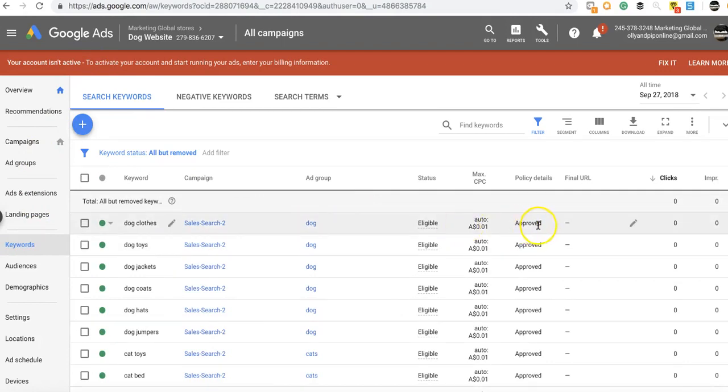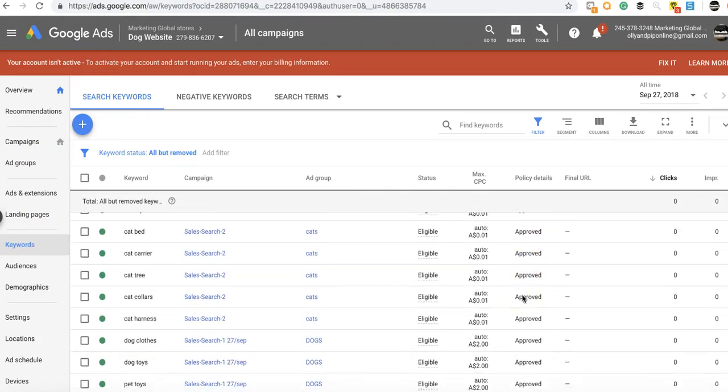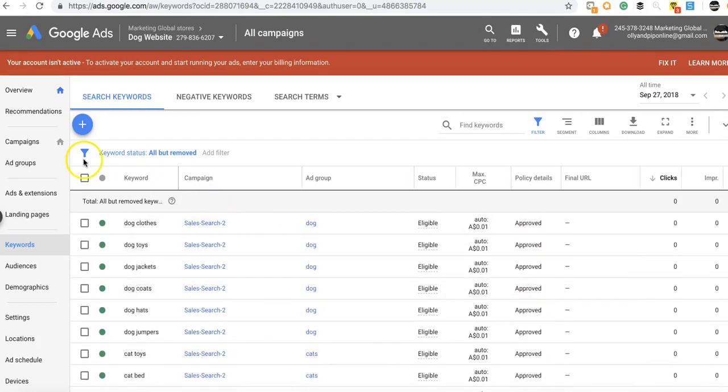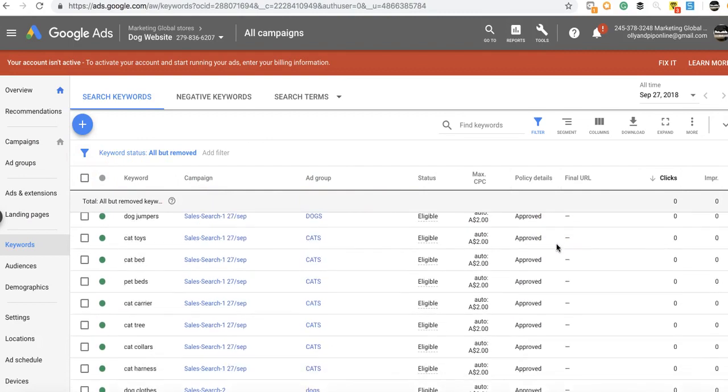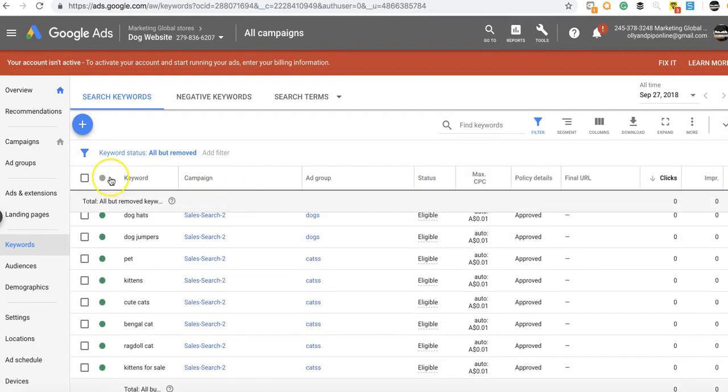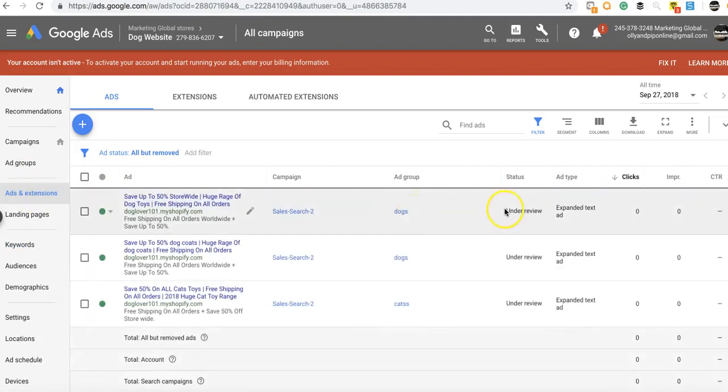Now that your keywords have been approved, Google's happy with those. If anything happens with those being disapproved, your keywords usually get approved all the time, guys, so don't worry about that. What we want to do now is focus on our ads, making sure that they're under